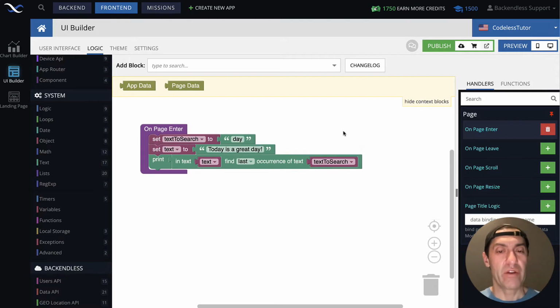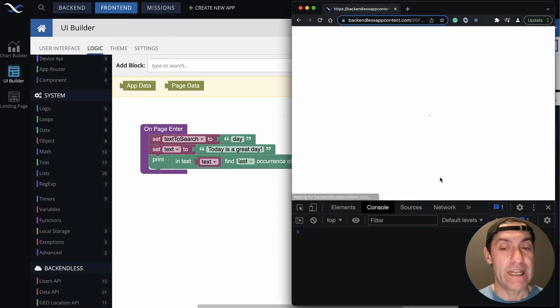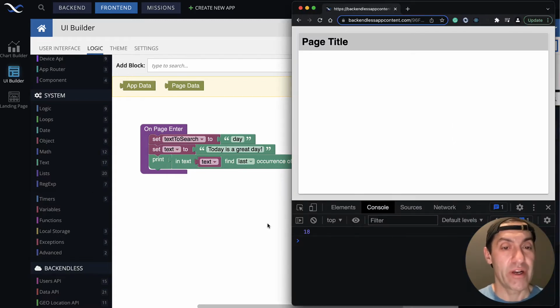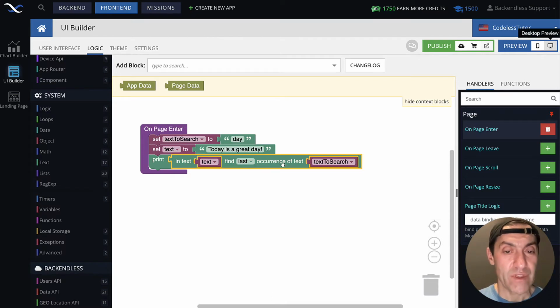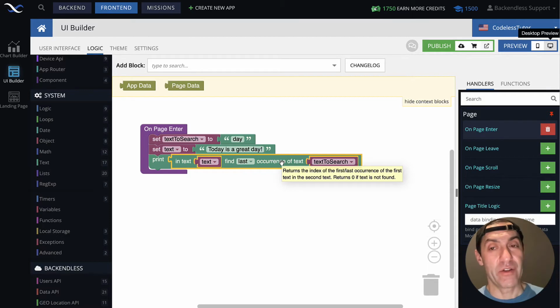At this point, nothing changed in the way this logic works, but we actually can control what text we can search through a variable. If I rerun it, it will still print out 18 because the logic will work exactly the same way. So that's this block that finds first or last occurrence of a specific text in another text.